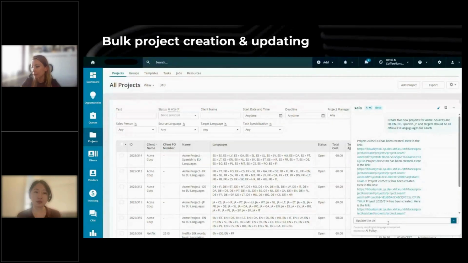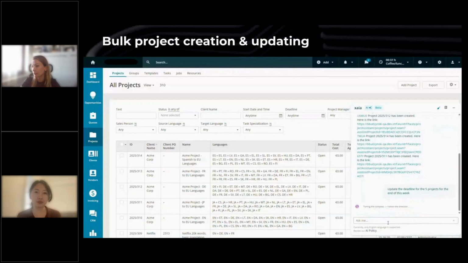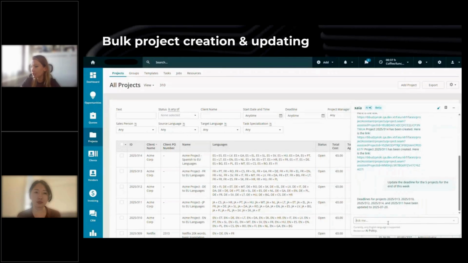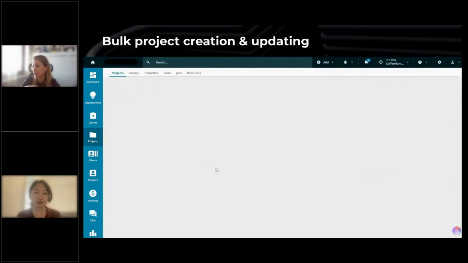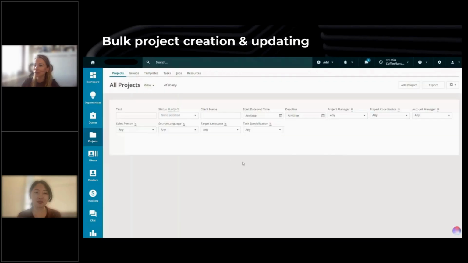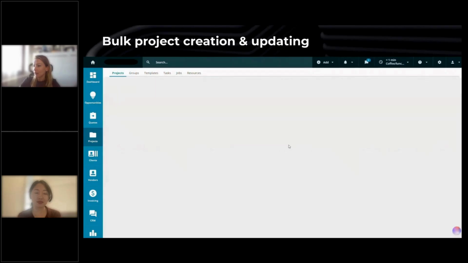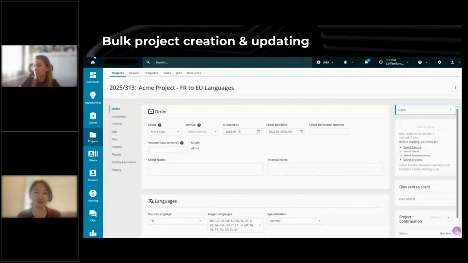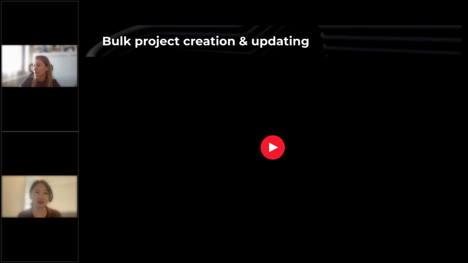If we want to do some updates to those projects, we can do that in bulk as well. So update the deadline, for example, and the deadline should be for the end of this week. Again, Zaya can do it and confirm the action. Once it's done, we can simply go into the project and see the result. So the deadline is set. Well, the video was recorded last week, so the end of this week was actually last week. So this is what we've got. Yeah, so there's much more to come, as I said. And yeah, we can move on to another